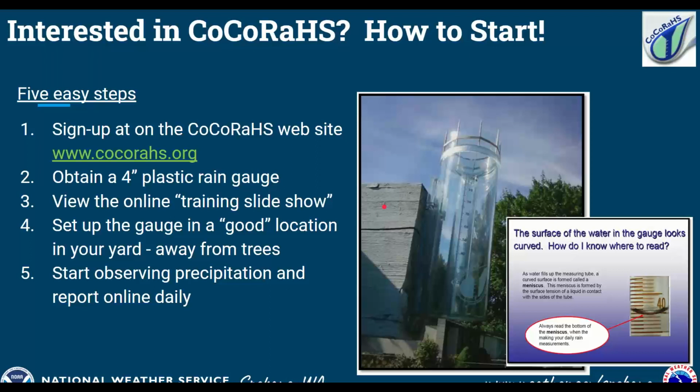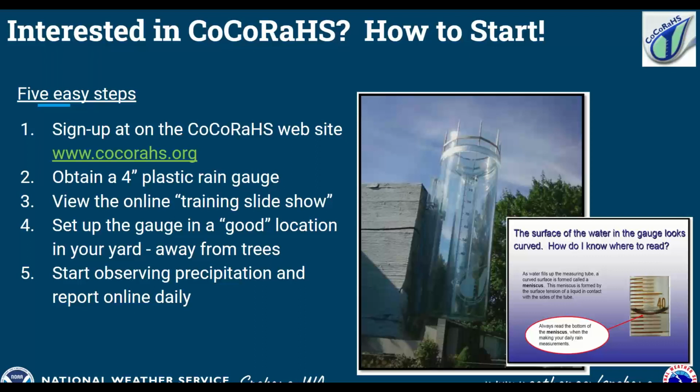So, how do you get started with this if you're new to the program? Well, you can sign up right on the CoCoRaHS website, CoCoRaHS.org. The other thing you need to have is a rain gauge. And not just any rain gauge, but a 4-inch rain gauge is preferred. And on that website gives you chances to be able to order one that you can use.